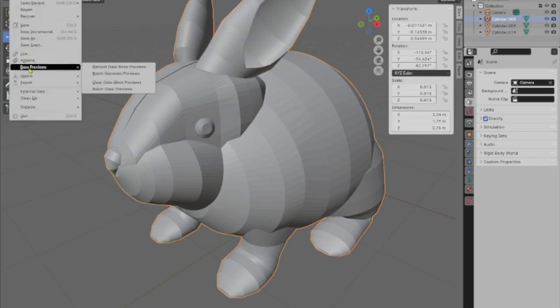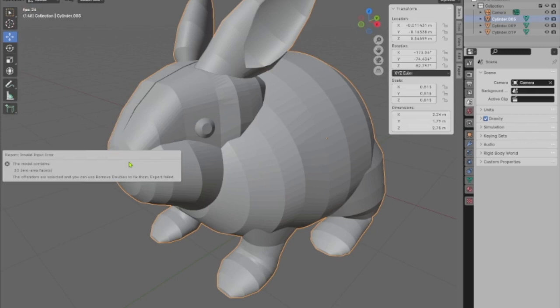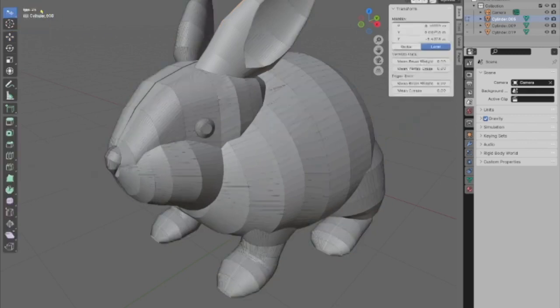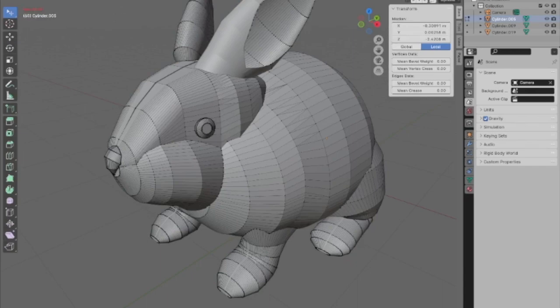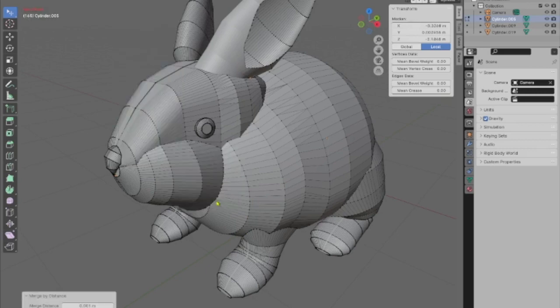So now let me see. Oh, maybe I didn't choose it correctly. Export paper model. So 30 zero phase areas left. Once again, go to edit mode, and they are selected. Mesh, clean up, merge by distance, add another, delete another 0. Okay, removed 39 vertices, so that should have probably taken care of the problem, but it may have created new